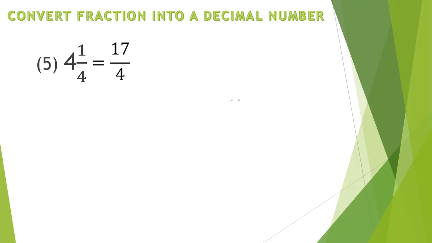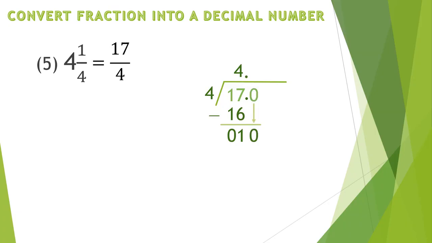Now divide 17 by 4. How many times? 4 times, because 4 4s are 16. So write 4 in the quotient above the line and subtract 17 minus 16. We get 1 as remainder. But the remainder is not equal to 0. So after 17 add a decimal point and then a 0 in the tenth place, because adding zeros after the decimal does not change its value.